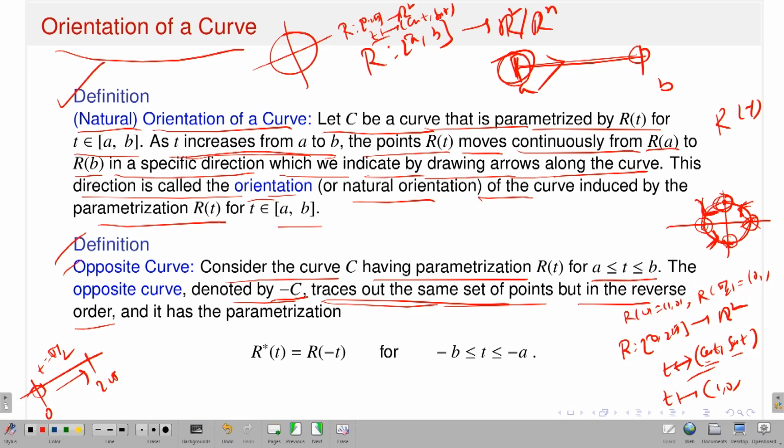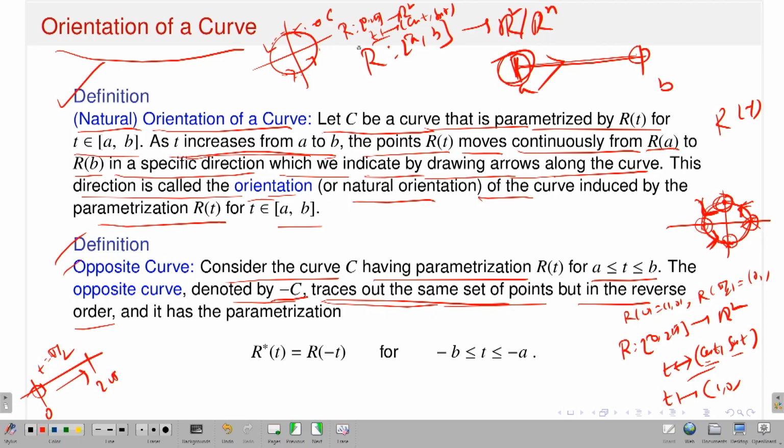Now, if I use what is called parameterization, then I just said it will take this direction, that means anti-clockwise direction. This is a curve C, right. Now, what is the curve minus C, this unit circle, what is the minus of C? It will trace out the same set of points, again the points on the circle,